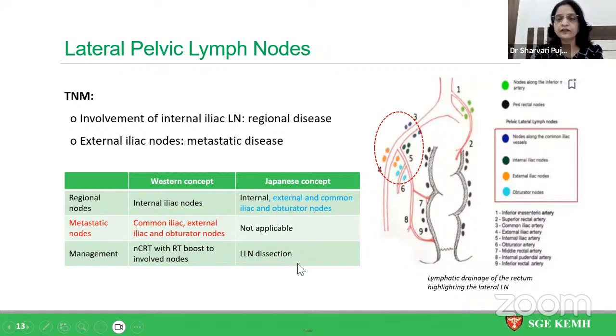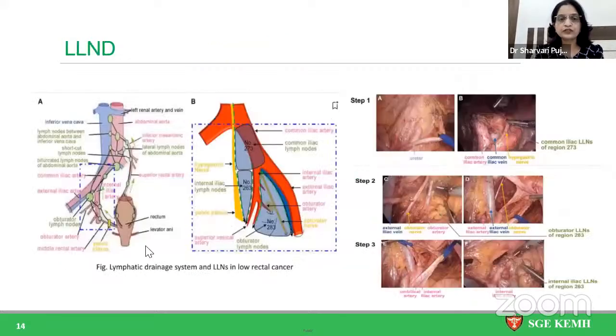So they advocate lateral lymph node dissection. However, in the TNM guidelines, this is to be treated with chemoradiotherapy and radiotherapy to the lymph nodes. This group of lymph nodes is the common iliac group, station 273. This is the internal iliac, station 263, and 283, that is the obturator group of lymph nodes, which lies in between the internal and external iliac vessels. This group of lymph nodes is called lateral lymph nodes